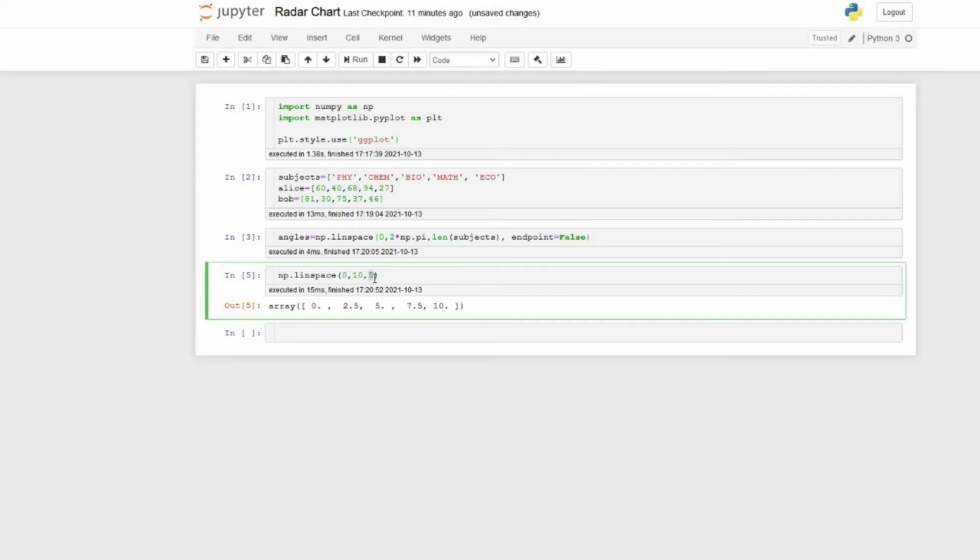By default the second parameter will be taken as the endpoint, so you can see that 10 is the endpoint.